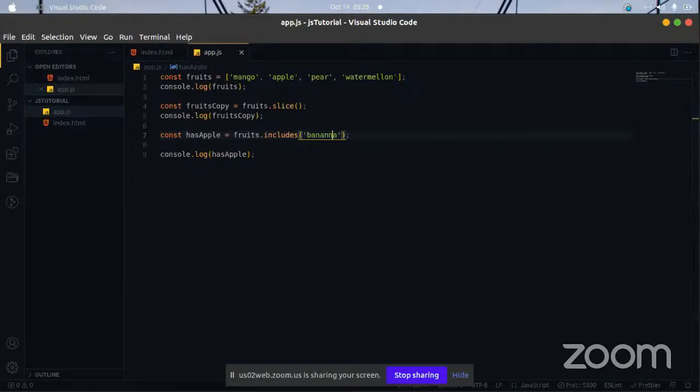Okay, so there are a lot of array methods that we could actually use. Now, there's something they call array destructuring, and that came up with ES6. So it's more like a syntax to actually extract elements from an array. Now you could use splice to do that. But with array destructuring,